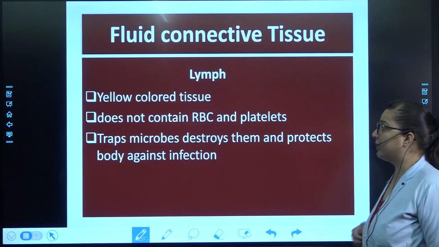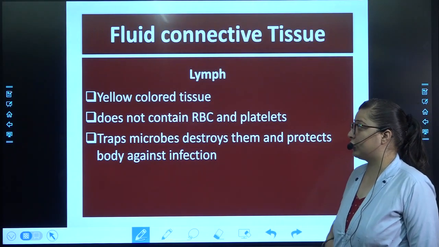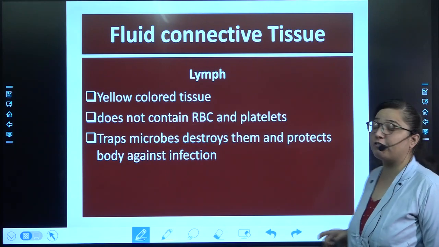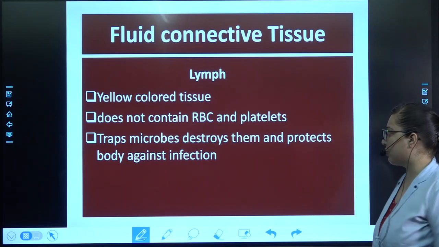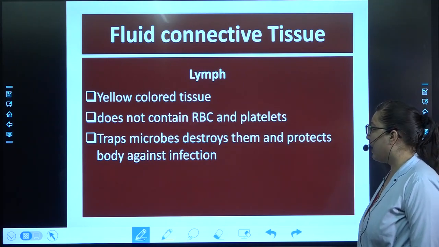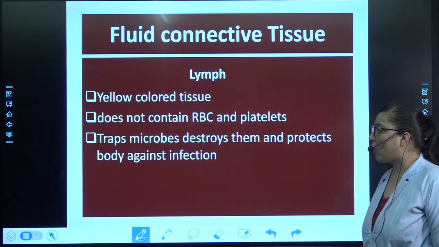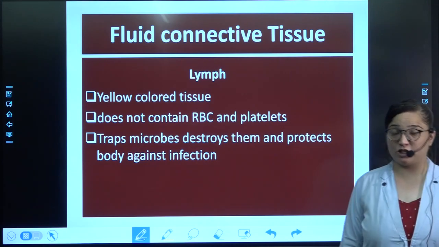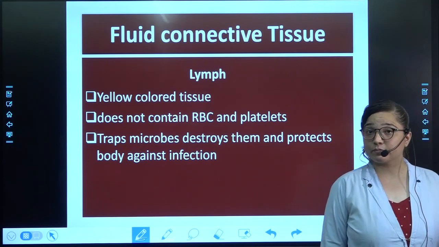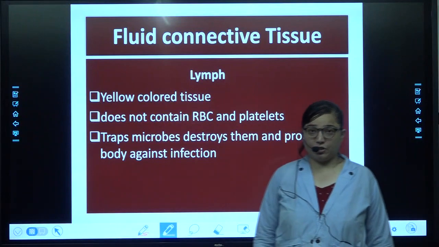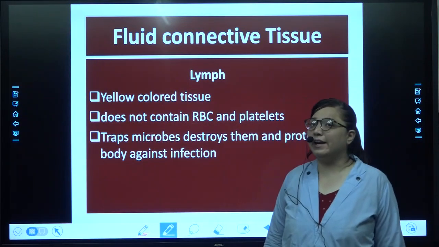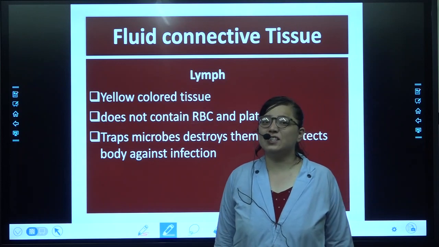Then you have the lymph. Lymph is a yellow colored tissue. It doesn't contain any red blood cells and platelets. It will trap the microorganisms which are present, and ultimately it will help protect the body against any kind of infections. Alright. Now, after doing this fluid connective tissue, let's move on to the next type of tissue, which is